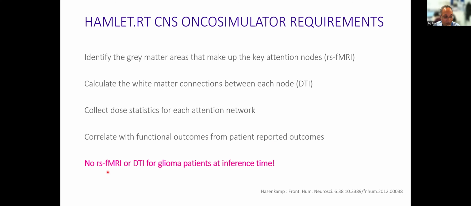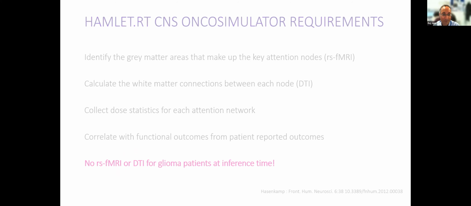So here's the rub. Resting state MRI takes over an hour for a healthy volunteer in a 7T scanner, and DTI takes 40 minutes to get a really good image for tractography. Brain tumor patients can't manage that. We're limited in our NHS brain tumor patients to about a 25 to 30 minute scanning time for a standard clinical, real world data set. If they're in a study, of course, they do get them.